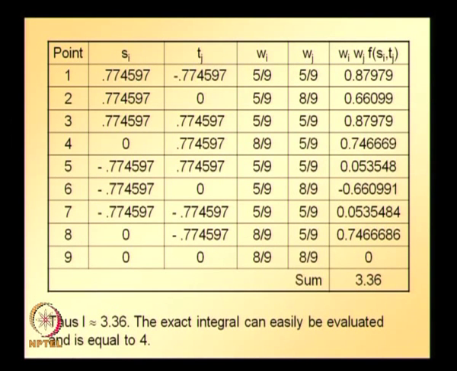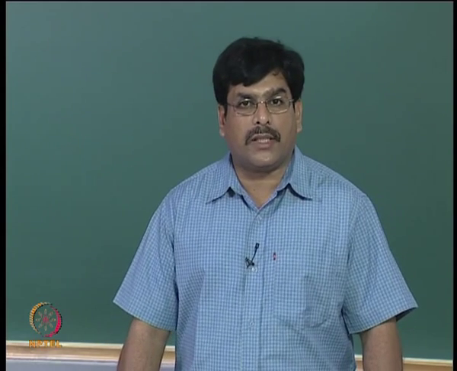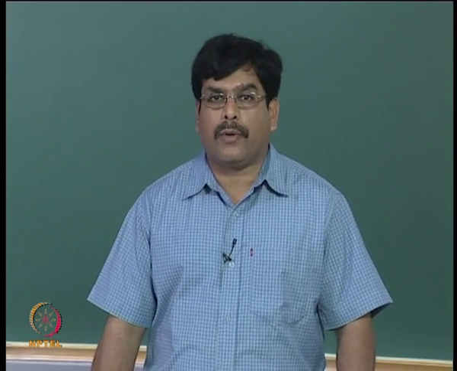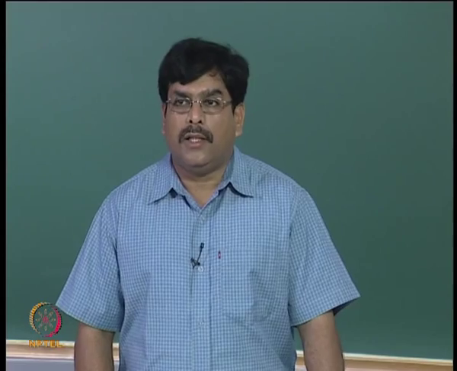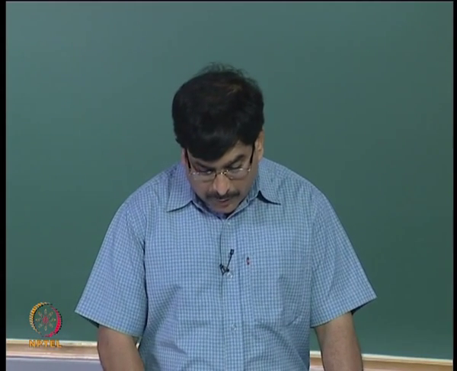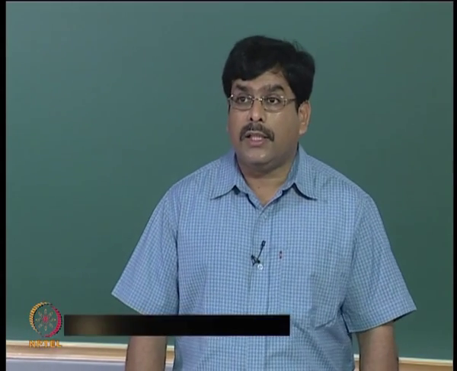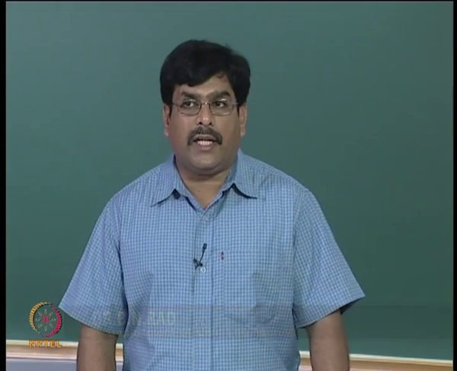So the function value needs to be evaluated at all the 9 integration points, multiplied with weight in the s direction times weight in the t direction, and the contribution from all the 9 integration points can be summed up to get the approximate value of integral, and the approximate value of integral using 3 by 3 integration is 3.36, and whereas this integral,